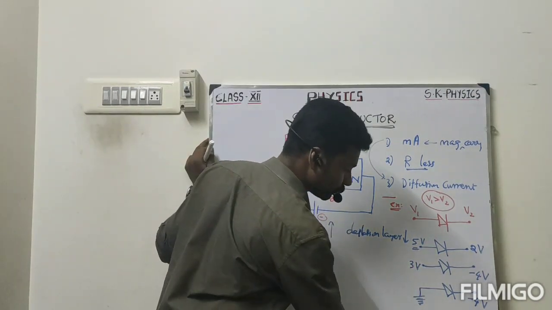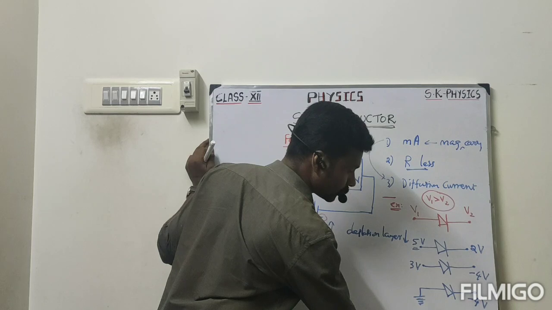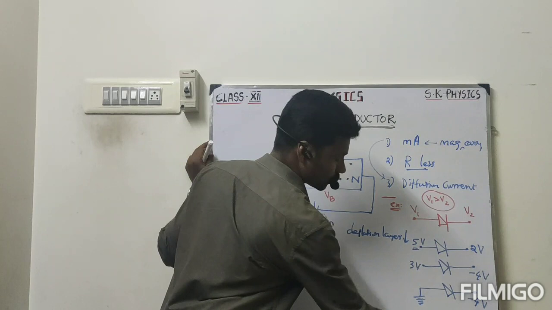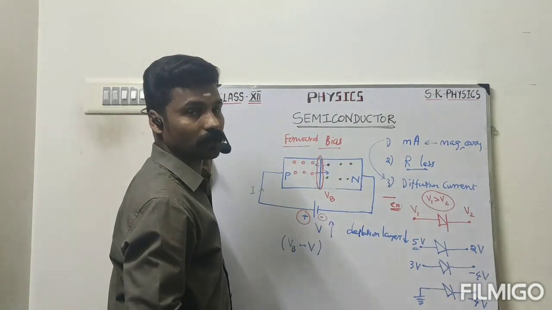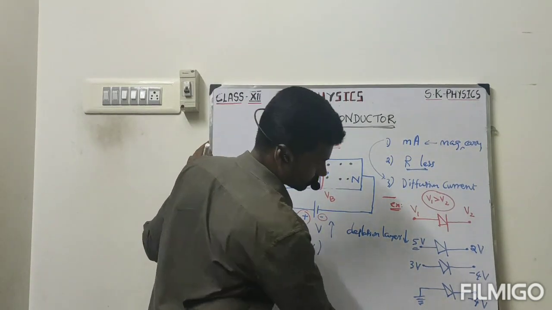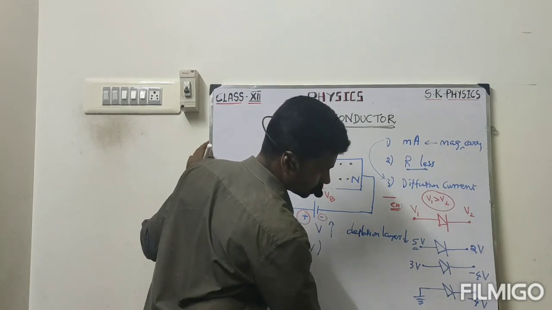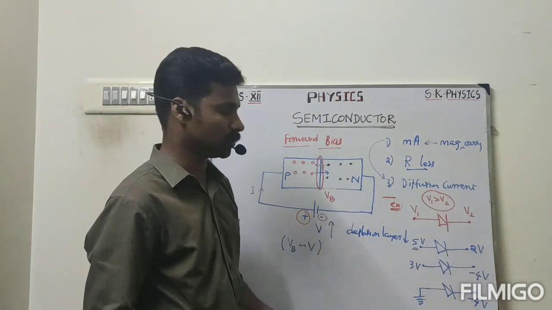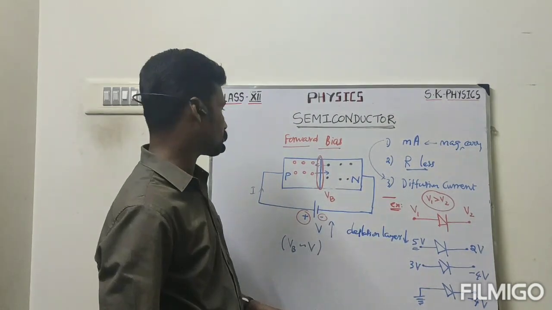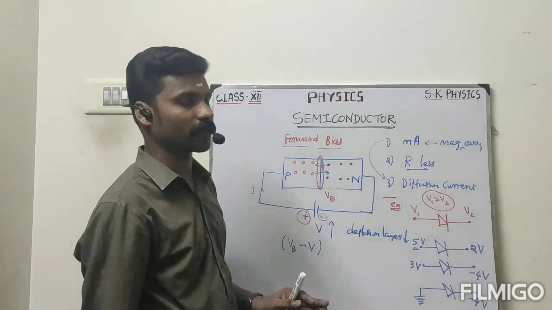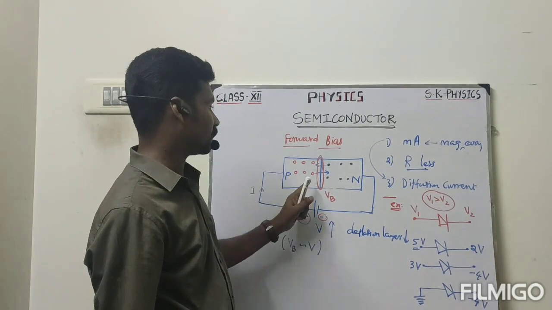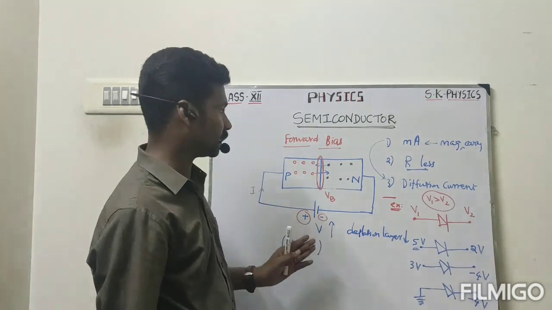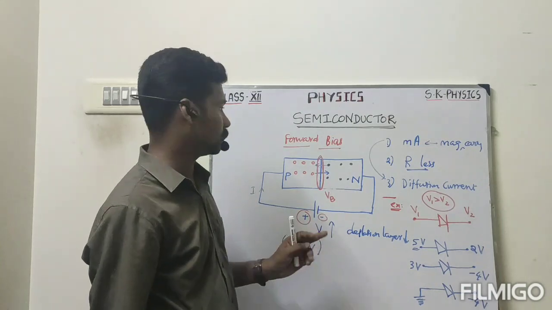Then the next one: we connect the ground here, we know that this is 0 value. Now here it is 4 volt. Compared with the 0, this one is 4, so this is also forward bias. Okay students, I hope you understood forward bias. In forward bias, the main thing is that the depletion layer is reducing and the conductivity is increasing. We can get a sharp current graph. Okay, thank you.